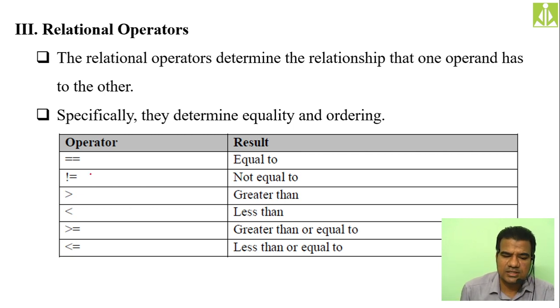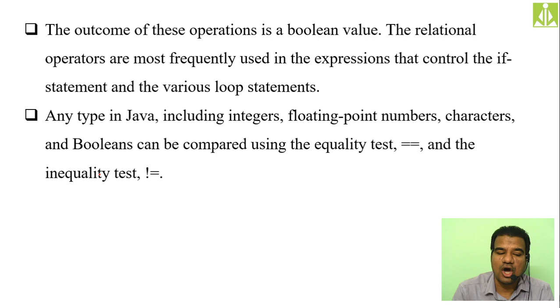Okay, then we have the relational operators. It is very easy to understand. Relational operators, when we use them, means whenever you want to do some type of comparison between the operands. Whenever we are performing the comparison, we use these relational operators. So this is to check the equality of two operands, to check the inequality, not equal to, this is less than, greater than, then greater than or equals to, less than or equals to. In this way we can compare the operands.